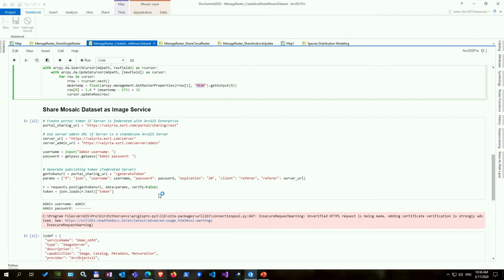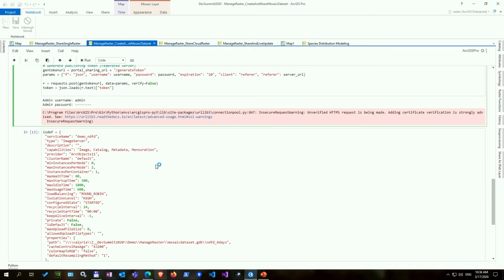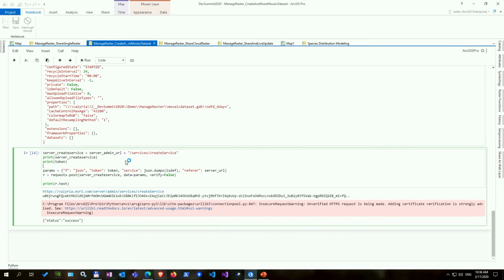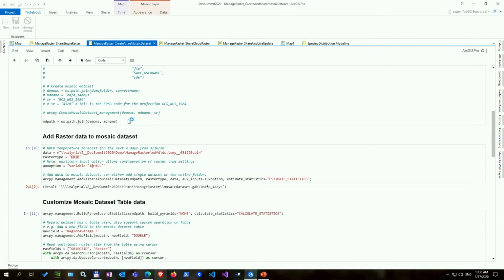I'm following the same routine as I showed in my last demo: using the admin API to generate a token, define my image service, and then share my image service. Now, if you look at the Mosaic dataset that I created through this workflow,